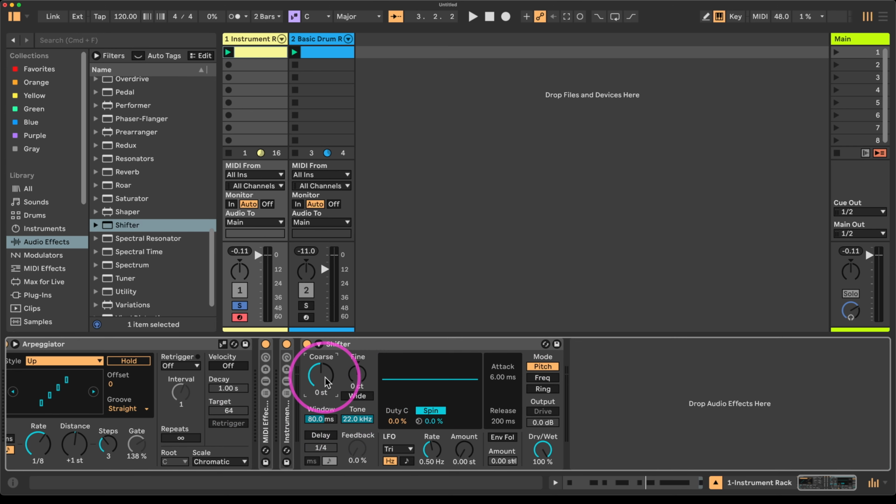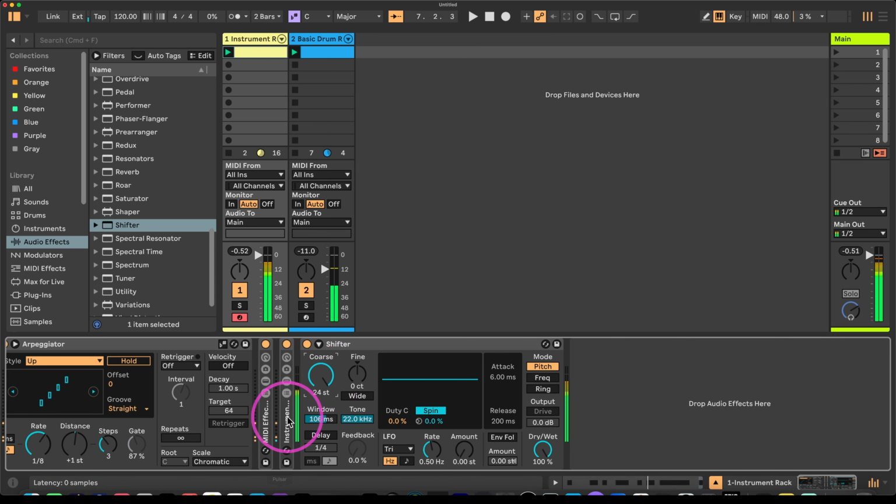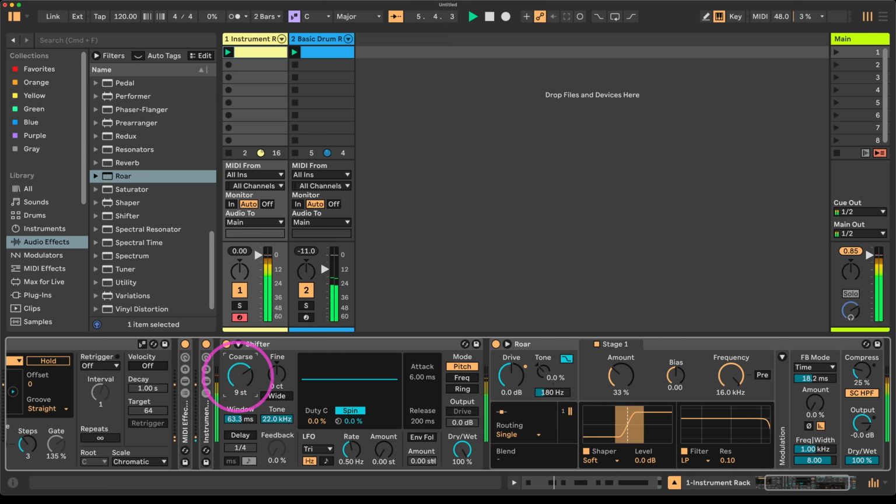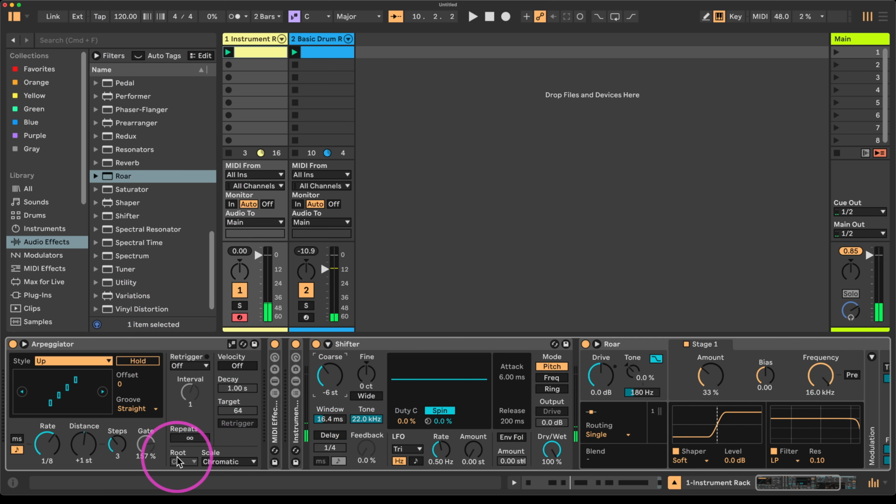For example, shifter. So something like that. That may be a roar. Maybe